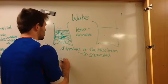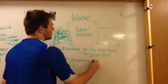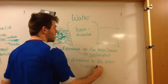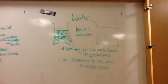If it's not dissolved to the max, I then just simply call it unsaturated. I'm hoping you can see. I'm going to just check the camera, look around here for the camera now, it's annoying. Oh yes, you can see, good. Unsaturated. So,